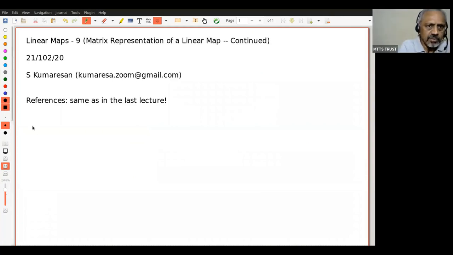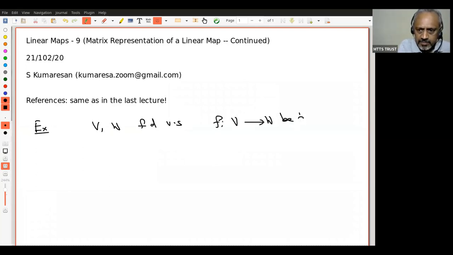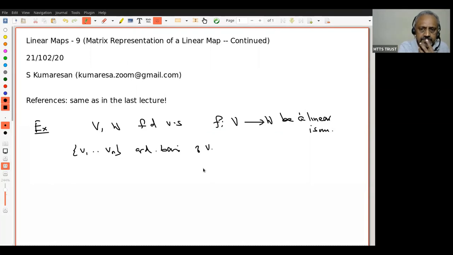So let us look at one example now. This is, I think, 11th or 12th anyway, but this is the first example of today. Let V, W be finite-dimensional vector spaces, and let F from V to W be a linear isomorphism. Then suppose I choose a basis V1, V2, ..., Vn, an ordered basis of V. Then I would like to talk about an ordered basis for W, but I can be slightly